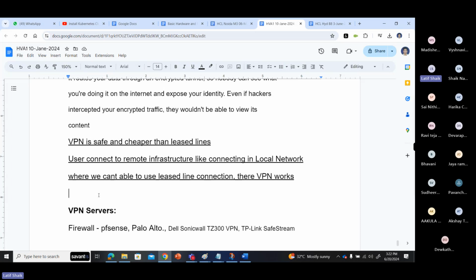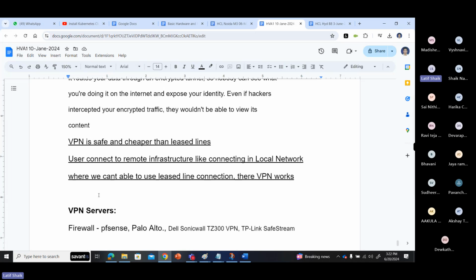Users connect to the remote infrastructure as if connecting in the local network. Not with a public IP address, but with the same private IP, we can directly connect just like you connect if you are in the same office. We cannot use a leased line connection where we cannot put a leased line there. VPN works.